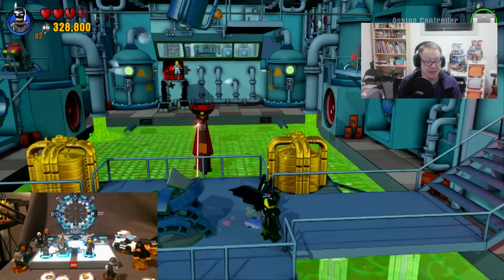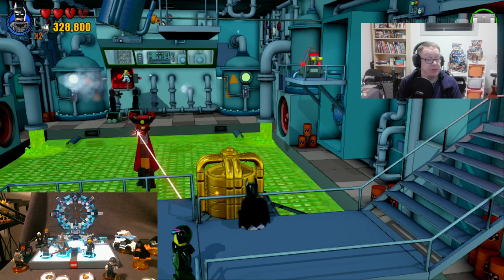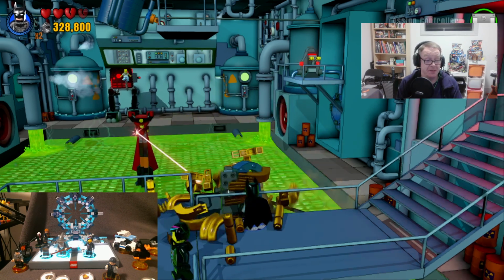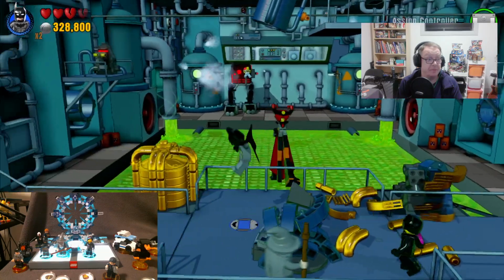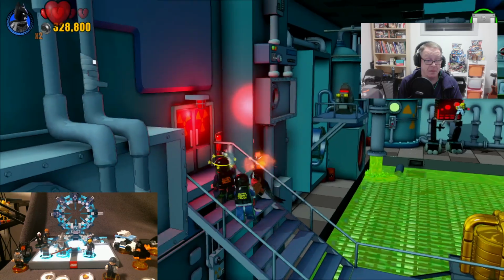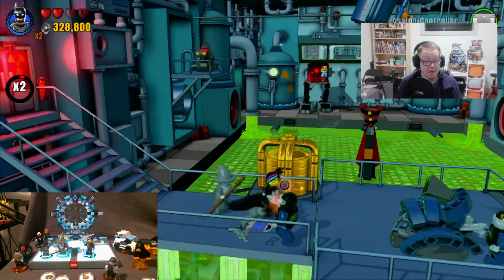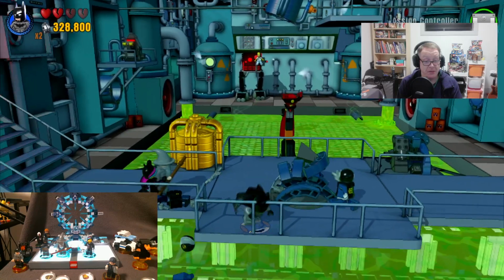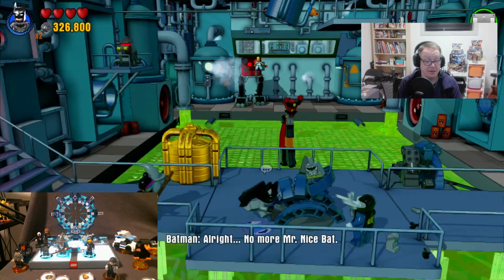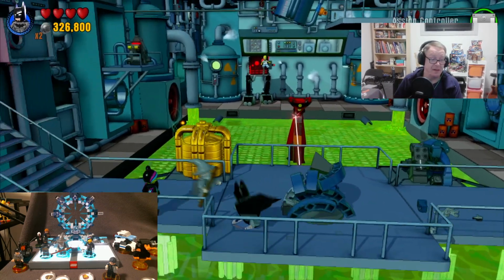You do get special attacks though. Once you've built up enough, I don't know what you call it, stamina maybe? If you're in combat though and you've hit a few guys, then you can access a special attack. Now I'll try to use it on this guy. Nope. Not working. All right, no more Mr. Nice Bat. Alright. And now the last